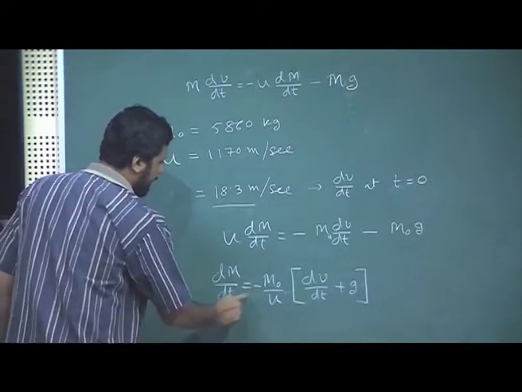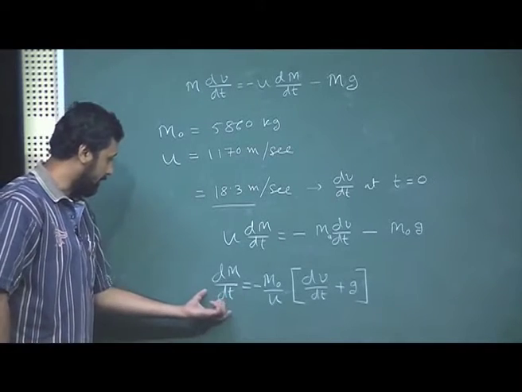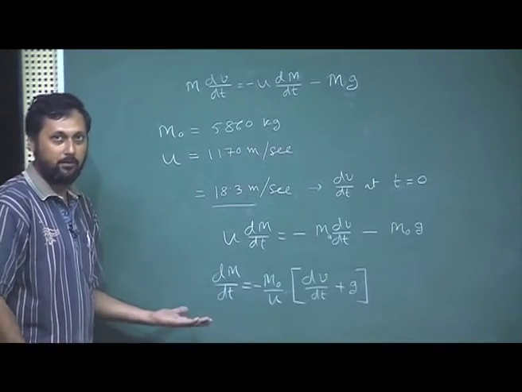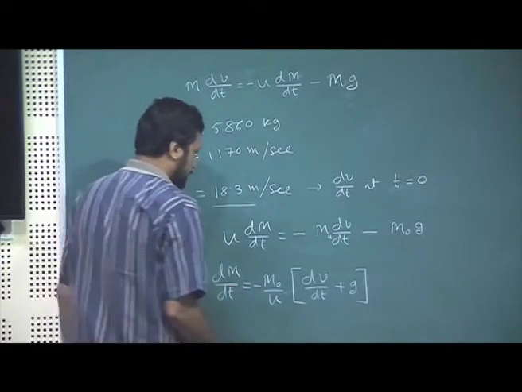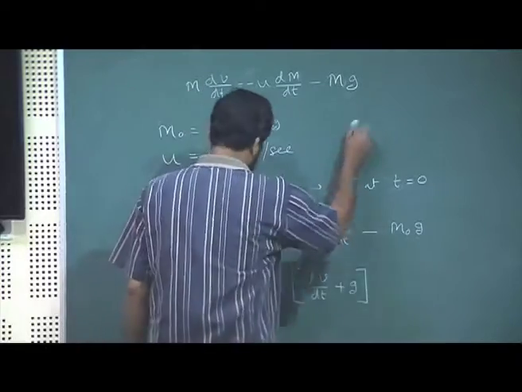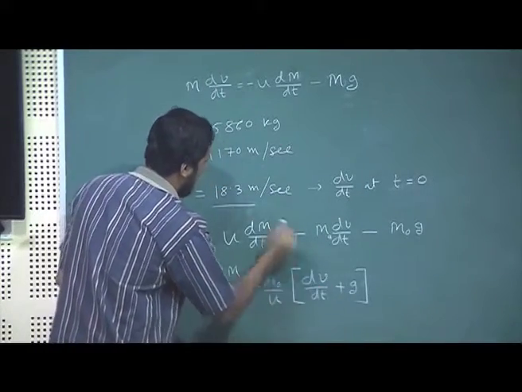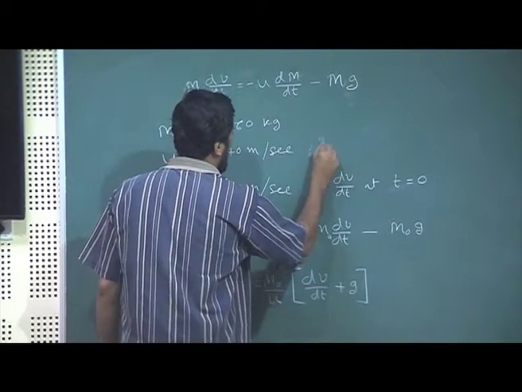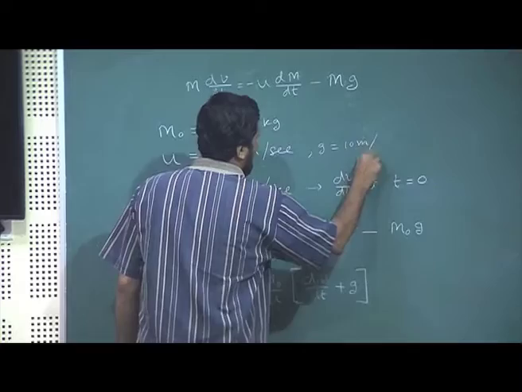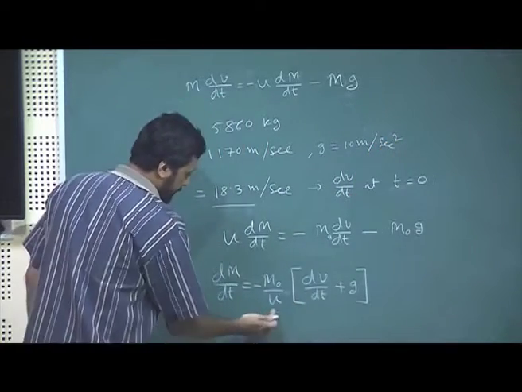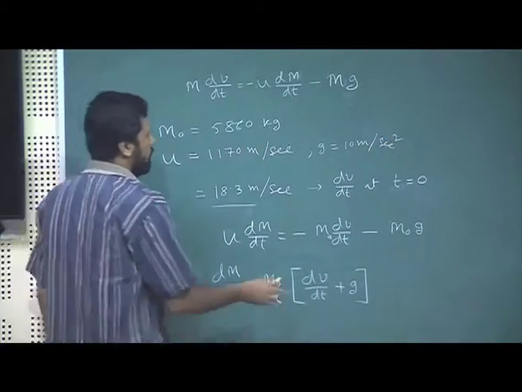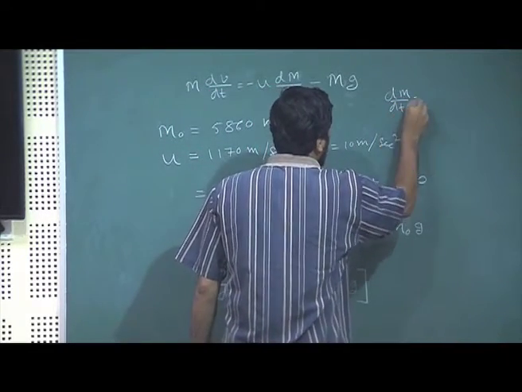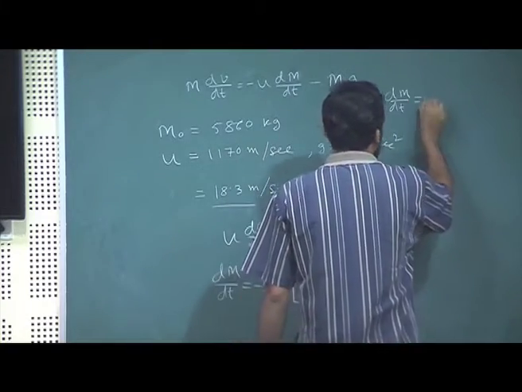So, this minus sign is not terribly important because we are finally calculating a number, we just want the number, and this minus sign comes because dm/dt has to be negative. Okay. Now, if we put the values here, in this equation we will just put the value of dv/dt which is given, g we can take g equal to 10 meters per second square, and m0 and u we already know. So, when we put these numbers in, we get dm/dt to be equal to, with a minus sign,